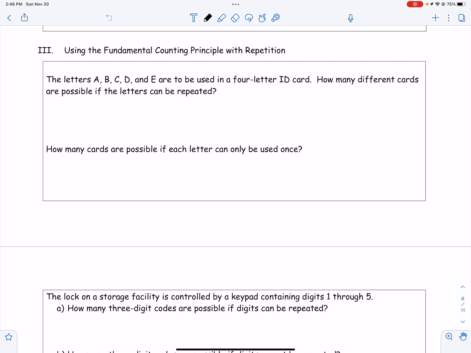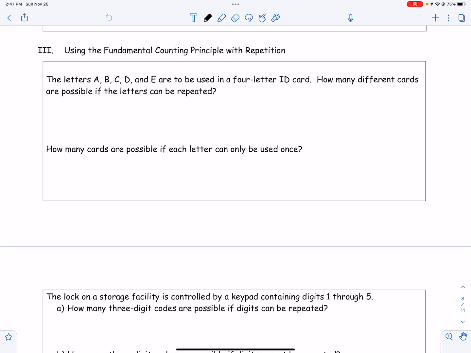All right, this is a continuation of Math 103, 11.4, using tree diagrams and the fundamental counting principle. So we're going to finish off this last section, and we are going to be making ID words with repetition and without repetition. And we're going to see how that affects our counting principle and how many options we have. So we have the letters A, B, C, D, and E, and we're going to make a 4-letter ID